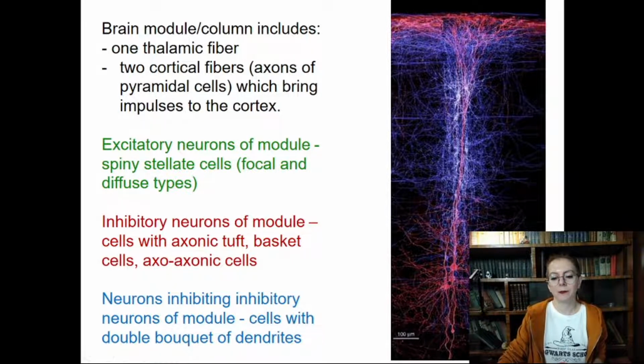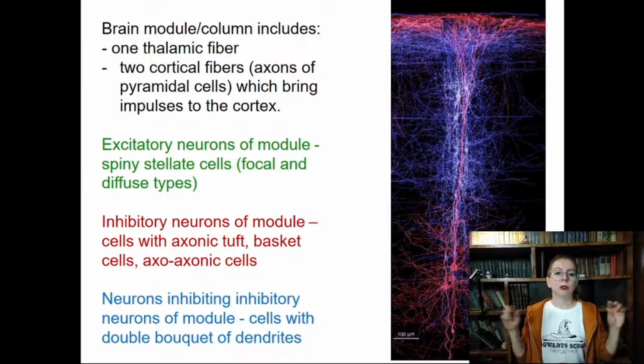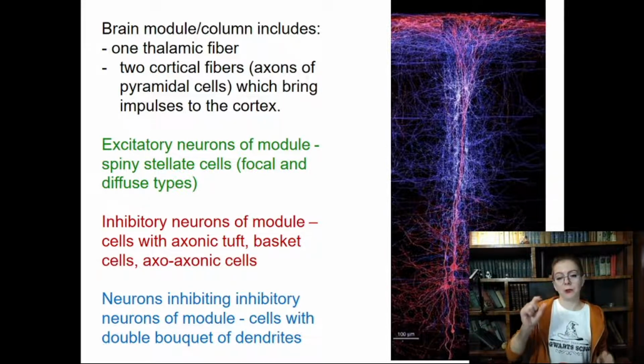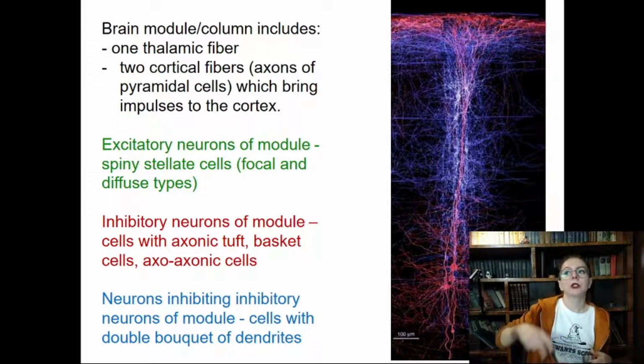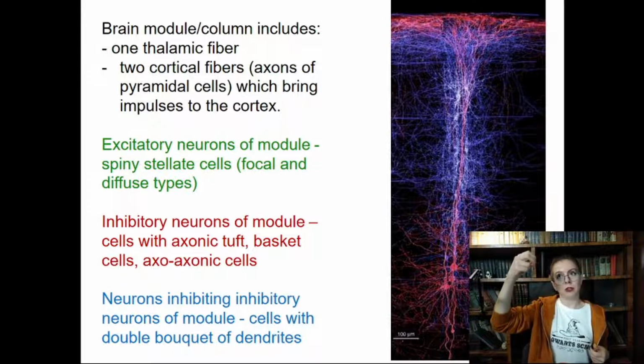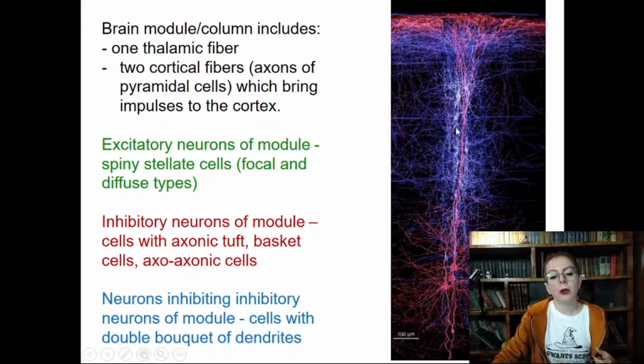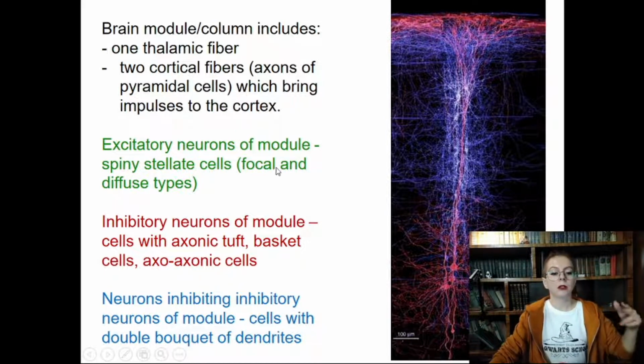They have this name. Okay, to summarize the information, our brain cortex could be divided into functional units like dots. Each unit is called a brain module, brain barrel, or brain column. And in the center of this column, there are 2 fibers, thalamic and cortical fibers. Actually 3, but of 2 types. So those fibers, they bring the information to the column. And on their way, they interact with dendrites of pyramidal cells and 3 groups of neurons, inhibitory, excitatory, and those